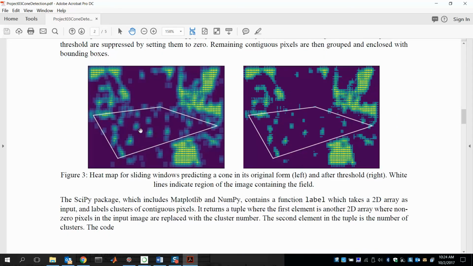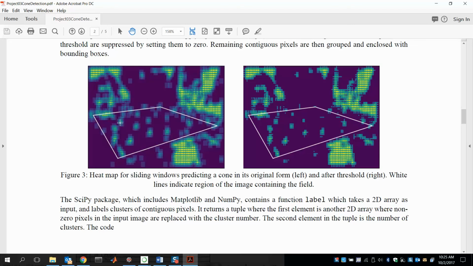So the heat maps, that's pretty easy to build. You start by making an array with zeros, and whenever your sliding window goes through, if you get a detection, then you just do a slice, from the beginning of the window to the end of the window in the row, and from the beginning to the end of the window in the column, take whatever those values are and add 1 to them. Increment those. It's really easy in NumPy. You can increment all the places inside that window in just one line, which is really nice. And so as your sliding window goes across, you keep incrementing them,